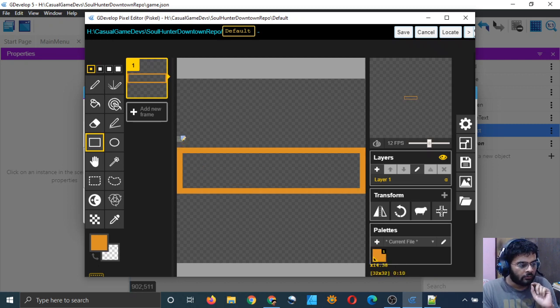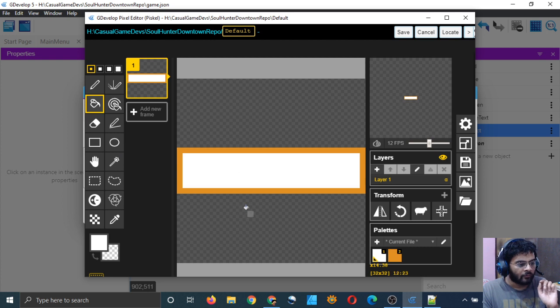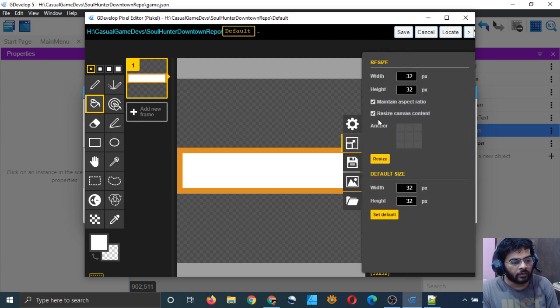Let's see. Yes, it's in the center. And so white color again, that looks good to me, and I will now increase the size.